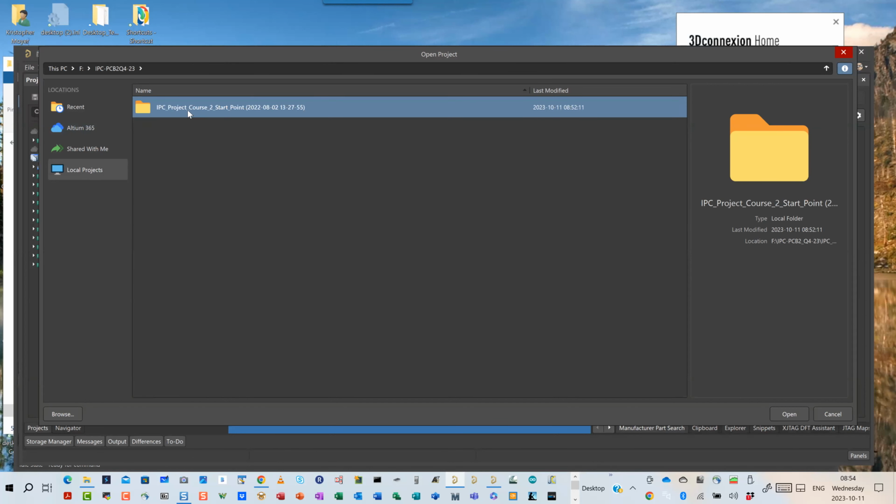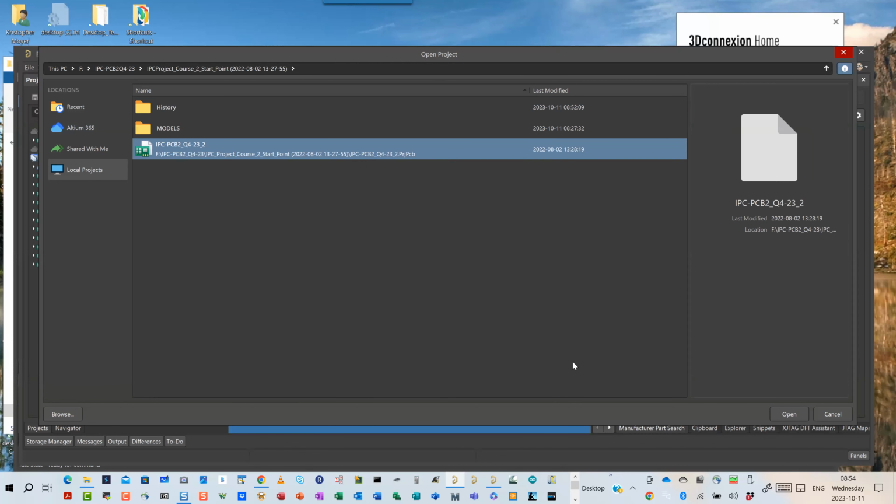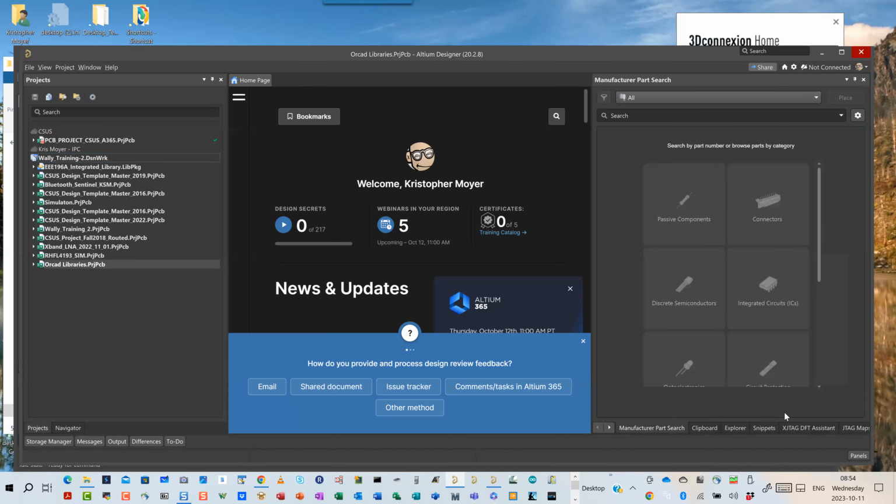PCB2, Q4 of 23. There's the project. So not only am I opening up the project that was last saved in version 23.10, but now when I go to the source documents and I open up the PCB file here,